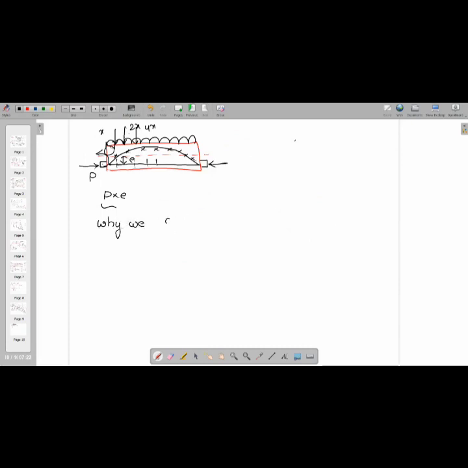Why we want to study P line is to understand the load transfer mechanism,